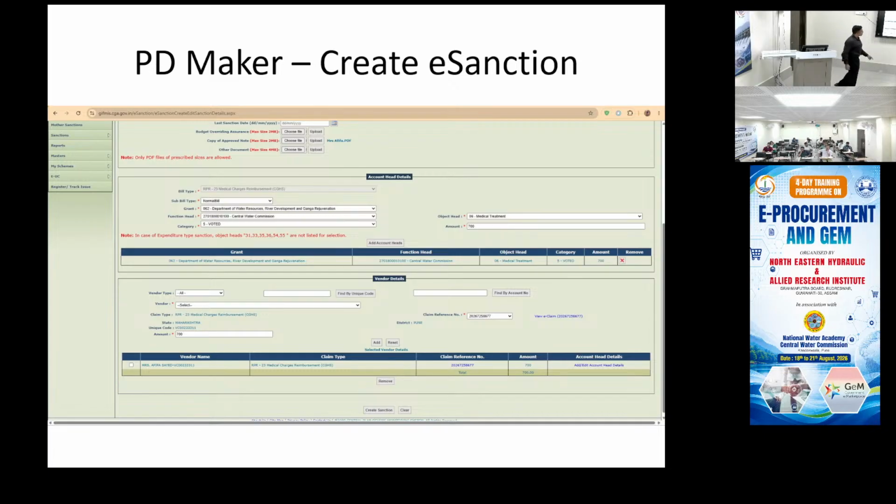So you can select whether you want to do it under this, like this for example is the establishment head for CWC, but under a scheme also, that is in NWA we have the CWC function head, we also have the NWA function head. Under the NWA function head also we have medical. But while adding account heads for creating sanction, we can choose which one we want to add. But since it is a medical bill which has been processed from the claimant, this will not change, this will only be medical.